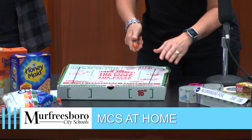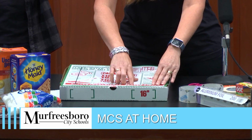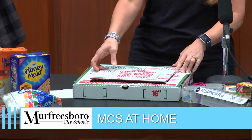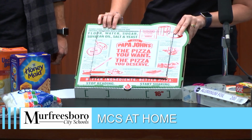This is why we need an adult, boys and girls, because even though you think it's just a pizza box, it actually is pretty thick. Even if you use something like a shoe box or a cereal box, please take the proper precautions. Have an adult use a good pair of scissors or some type of straight edge, all right, or some type of knife. So now with that last edge up here that I did not cut,